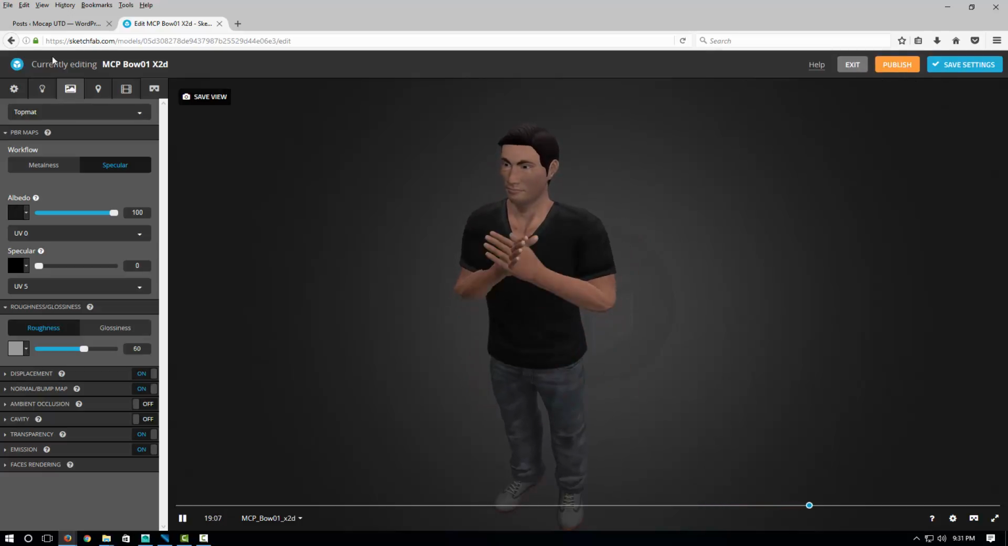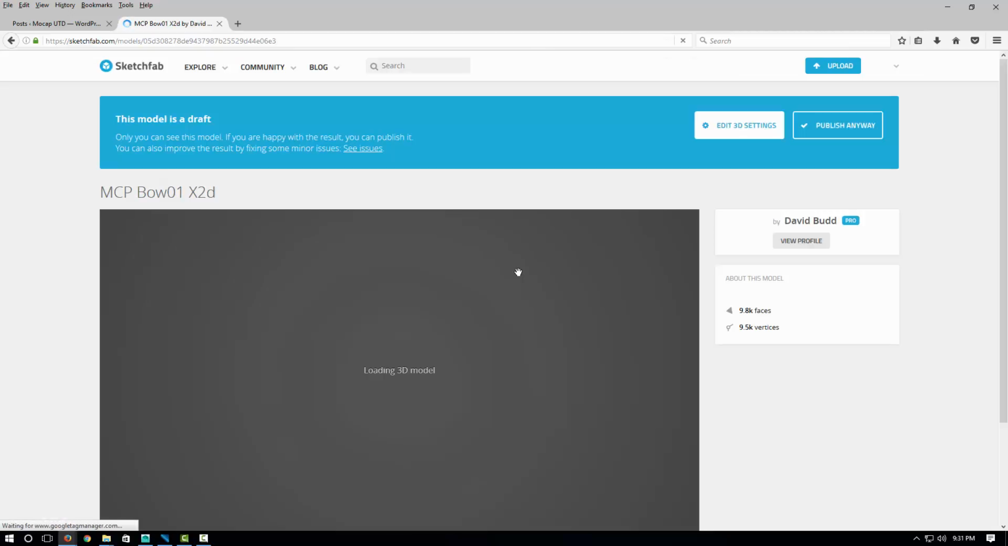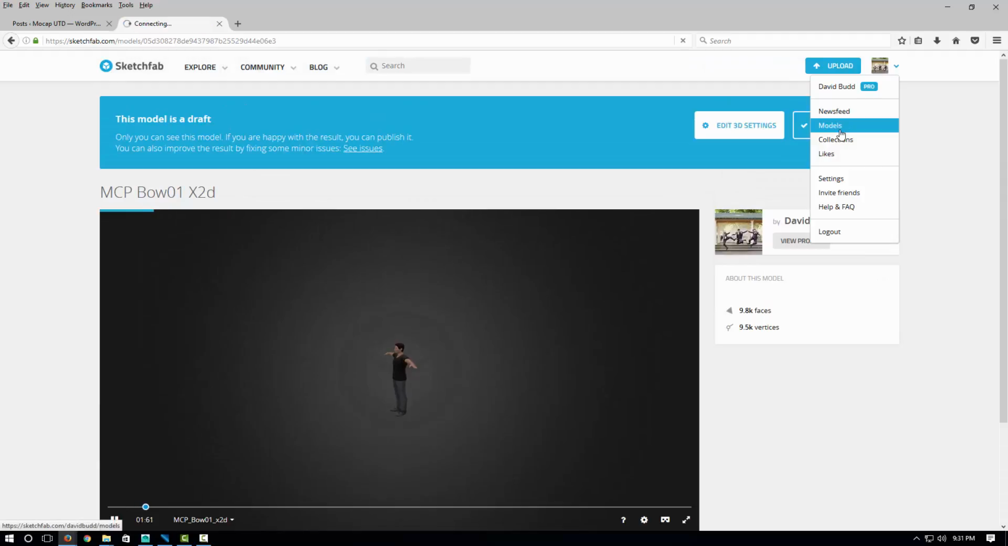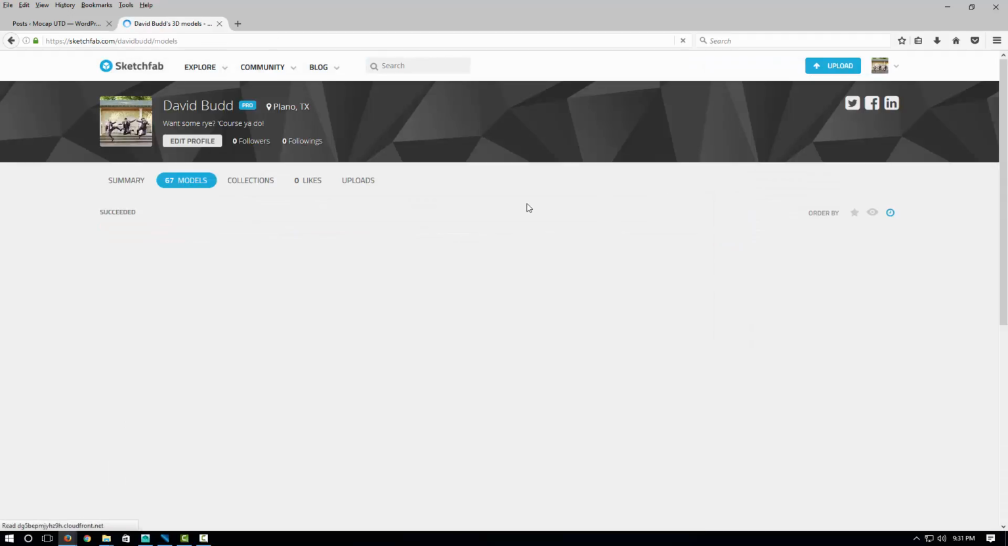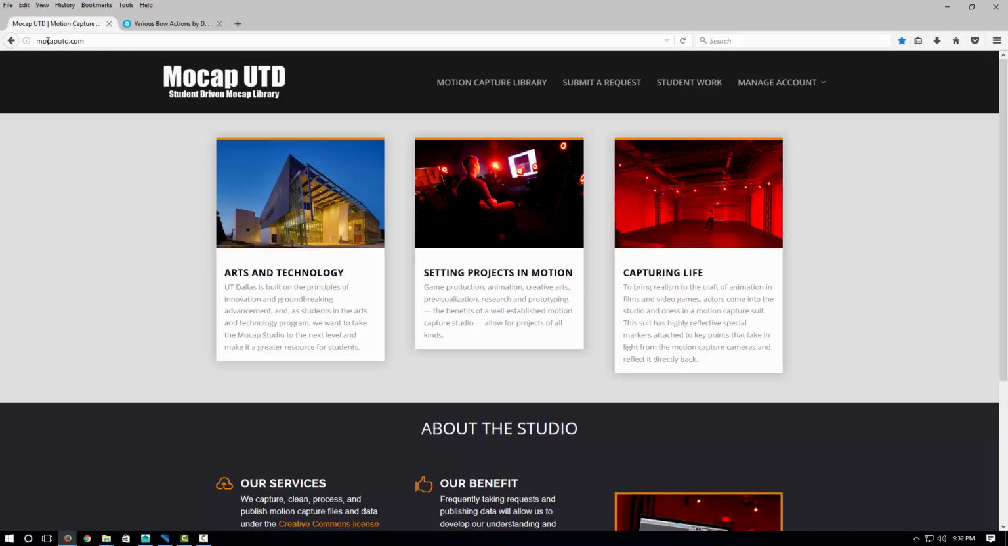When you're happy with your settings, you can save your settings and then choose to publish it, and you'll be able to embed it into your file. So let's go over to my models feed and we'll take a quick look at how this can actually be embedded. So at mocaputd.com,